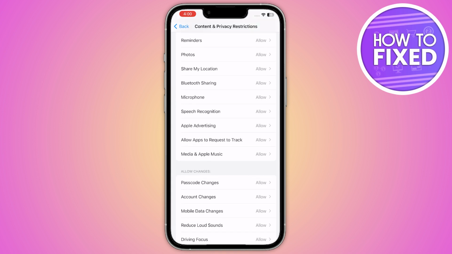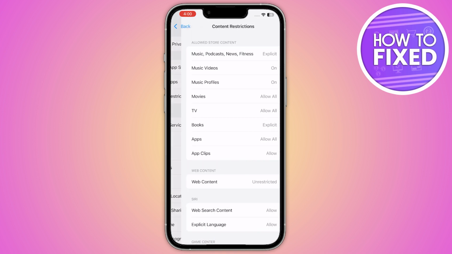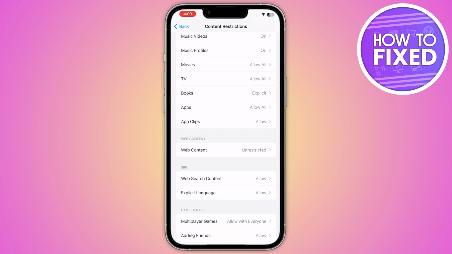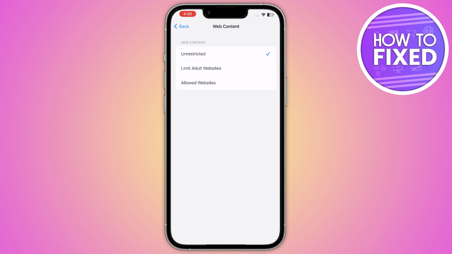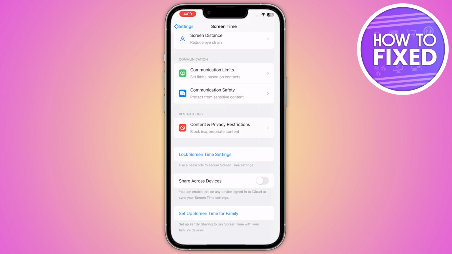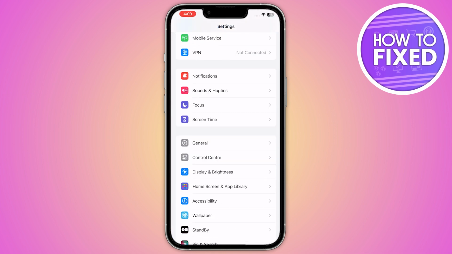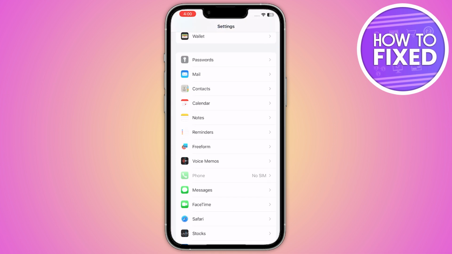From here you have to go in the content restrictions and you have to again scroll down and here is the option of the web content. You have to click on it and here you have to make sure that the unrestricted option is selected, and if the allowed website or the limit adult website is selected you just have to unselect it and select the unrestricted, and after that you just have to go back and from here you have to again scroll down and